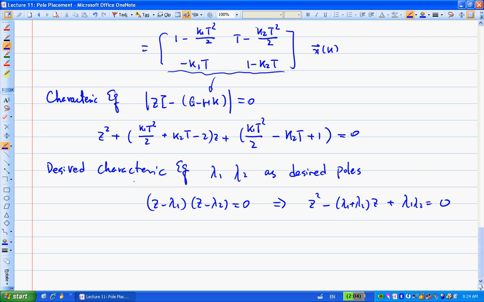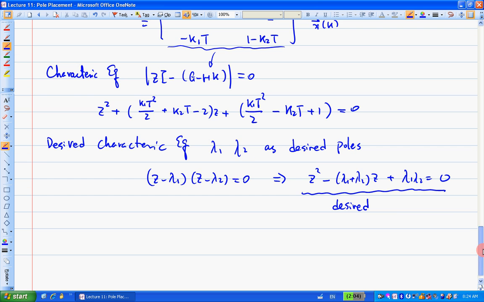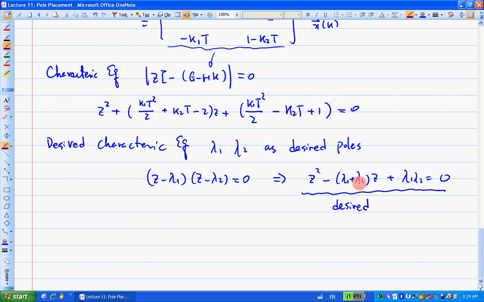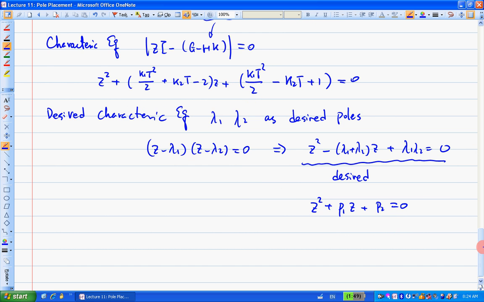So the desired characteristic equation is this, and that's based on your desired poles. Suppose I simplify the situation here and say the desired one is z squared plus P1 z plus P2 equal to 0. So this is the coefficient for z, and this is the constant. If I give a desired characteristic equation as this, with P1 and P2, this is your desired, and this is your actual. So what do